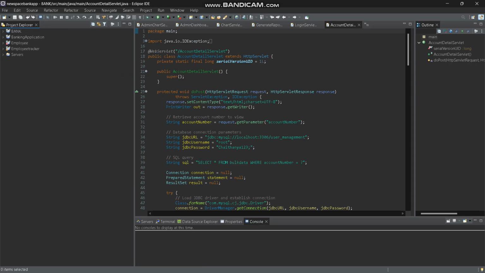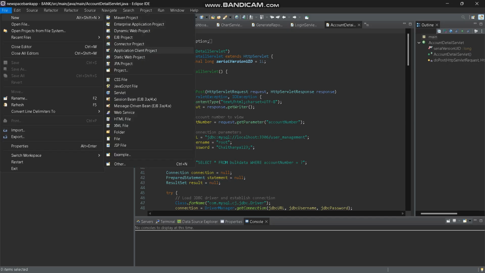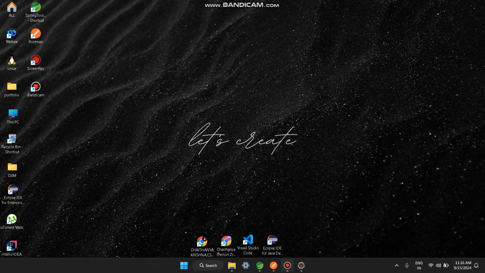We come here and try to open a new dynamic project. If you are creating a dynamic project in Eclipse, then we have to download Apache Tomcat, keep it here as a runtime, and check the version, everything. But suppose we are using